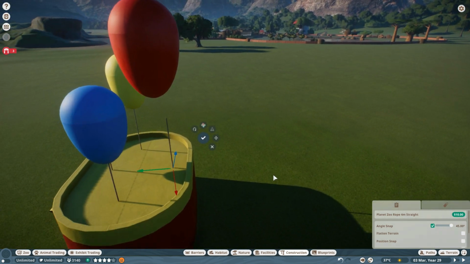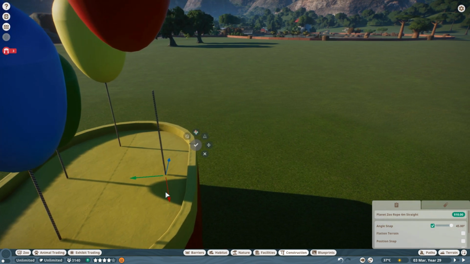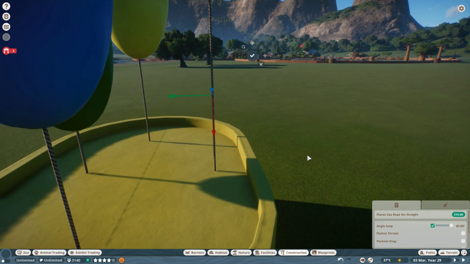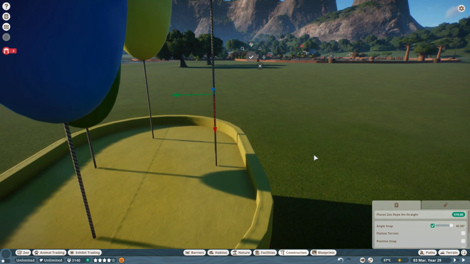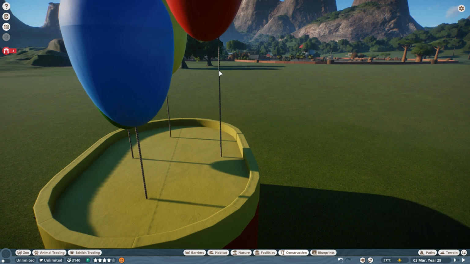What I'm going to do now is click OK so that it thinks that I've built one, and then I'm going to build another one on top of it. It doesn't have to be exactly right, but as long as it's overlapping, so we haven't got a gap, I'm going to click OK. And now I can click one of them, press Control, and you see now